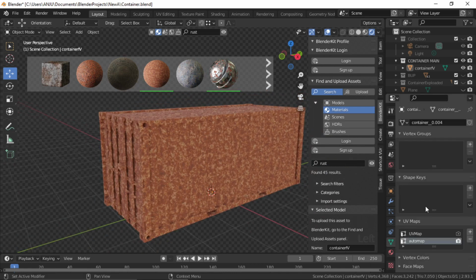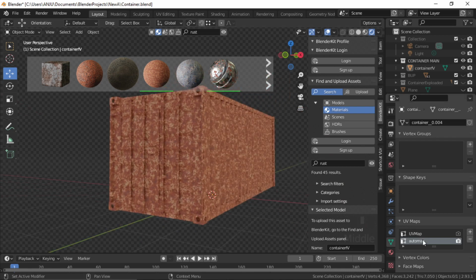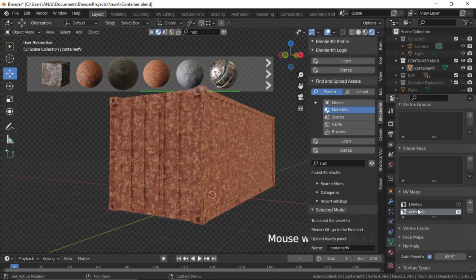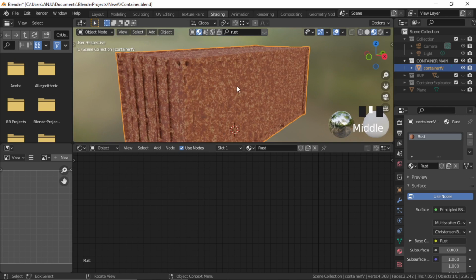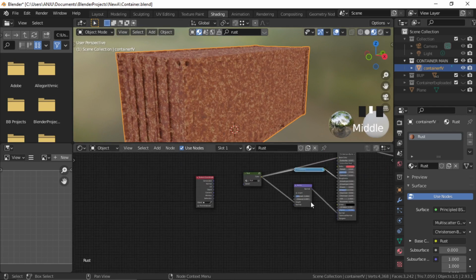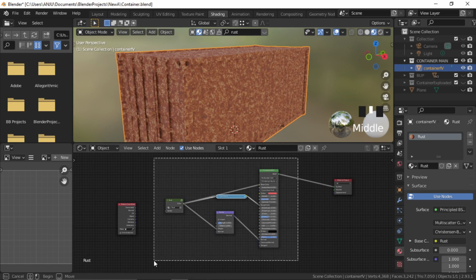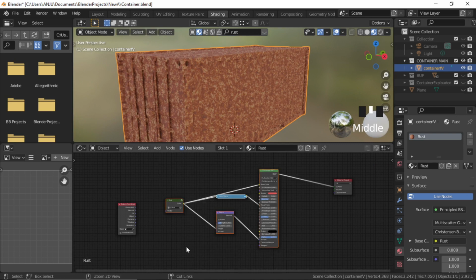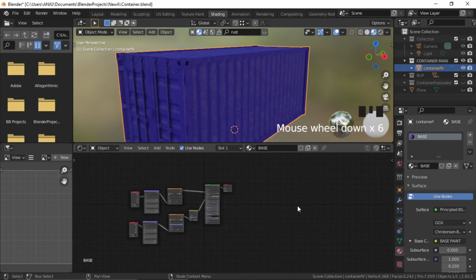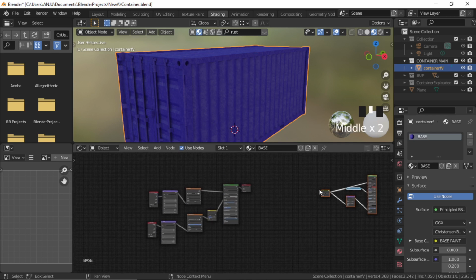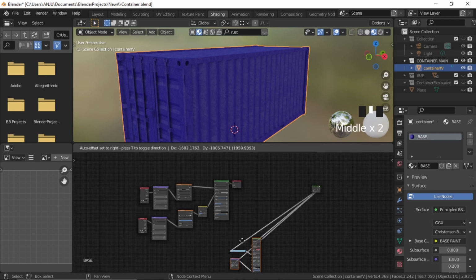And most of the time when you drag and drop it to your model, it creates its own UV map. You can see it here. It has created an auto map, so we do not need this, and we'll go ahead with our own UV map. So again, go to shading, and now here you can see the material. Let me just select this material, all these nodes, copy this with Ctrl C, go to our base material and just paste it here. Now I will mix this rust material with the existing material that I created. So let me drag it here,